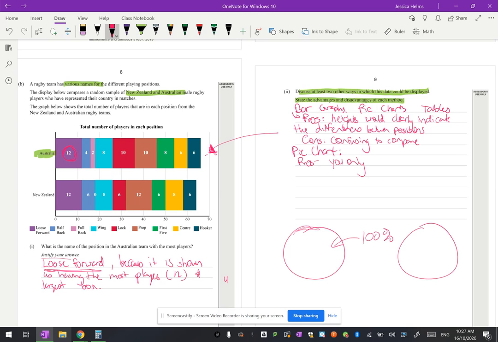So just a bit like this column graph over here, you only need two charts. And because the numbers are so similar, it would be difficult